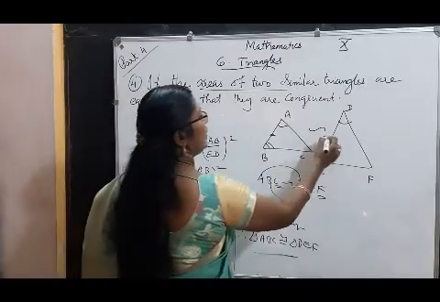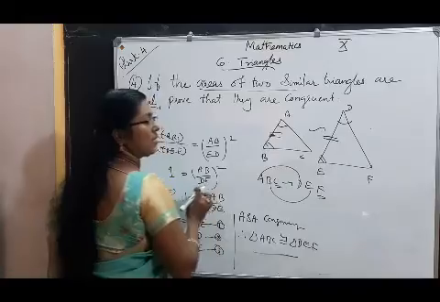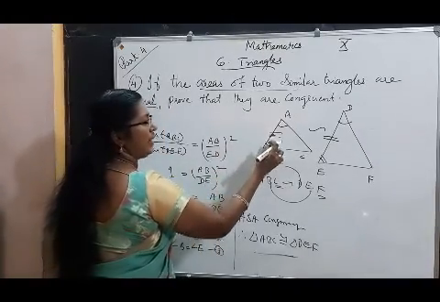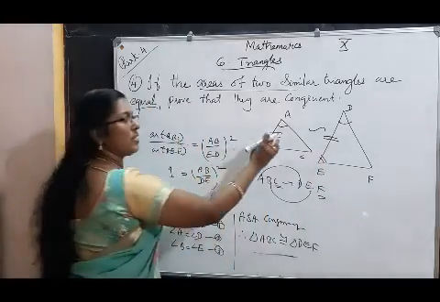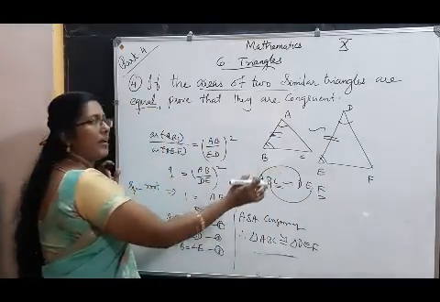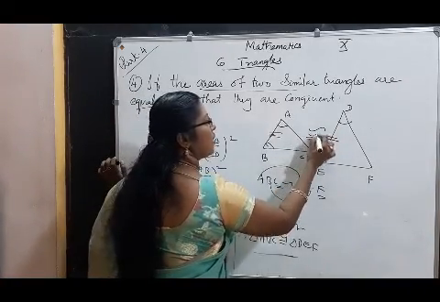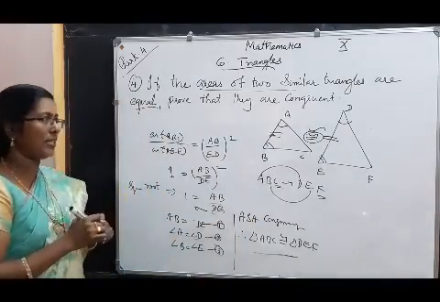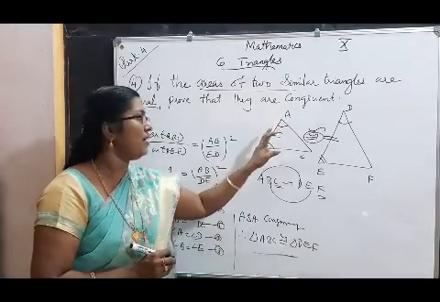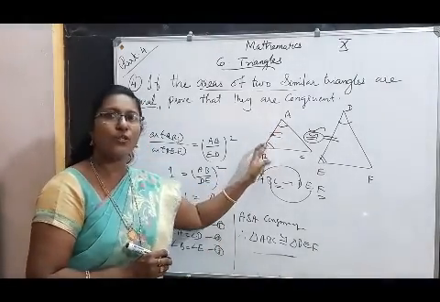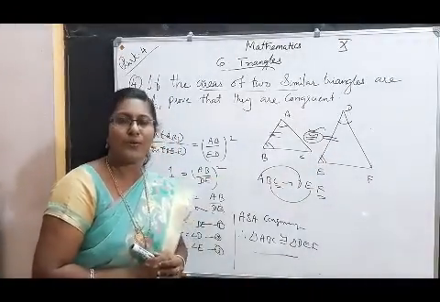AB and DE are equal, angle A and angle D equal, angle B and angle E equal: angle, side, angle. Angle, included side and angle of one triangle are equal to those of the other triangle. These two triangles are congruent. Okay, we can say that these two triangles are congruent by ASA congruency. Angle, side, angle is equal to angle, side, angle of another triangle. Those two triangles are congruent.